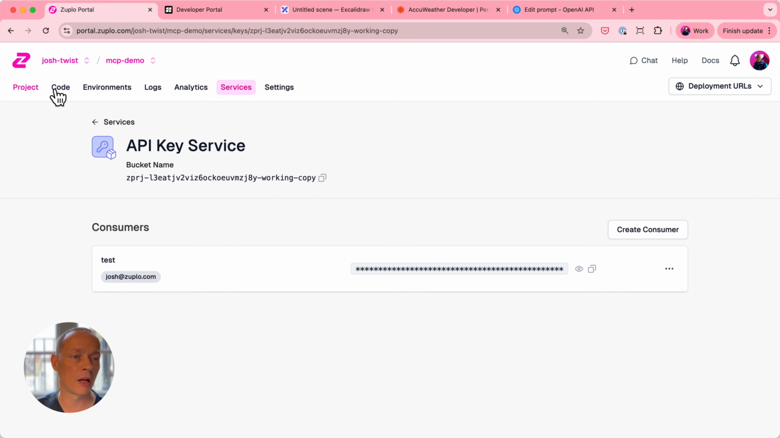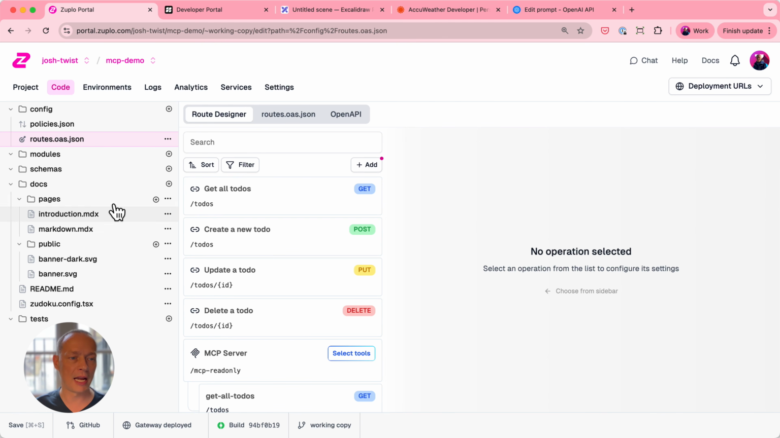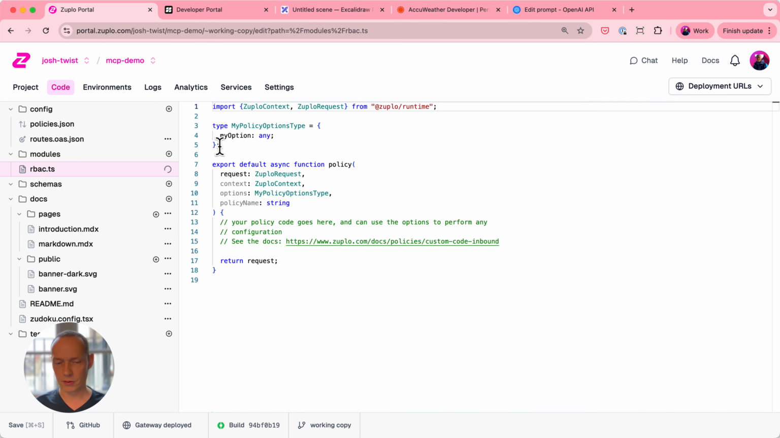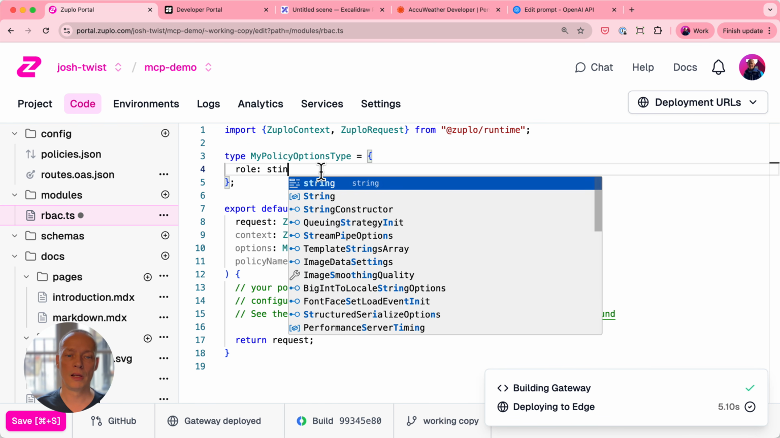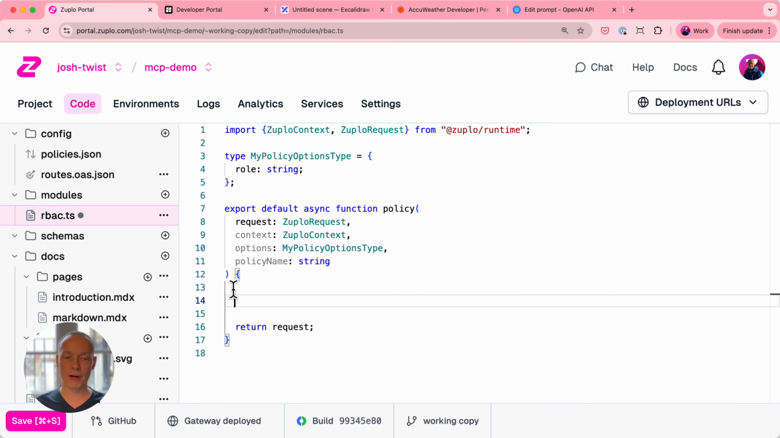Okay, so I'm going to come in here. I'm going to create a new policy because the policy is applied declaratively. I'm going to add a new module, an inbound policy called RBAC for roles-based access control. It's going to be very simple. I'll zoom in here a bit for you. I'm going to set up the options for my policy. I'm going to say role is of type string. Okay. And then the policy is going to very quickly just say if